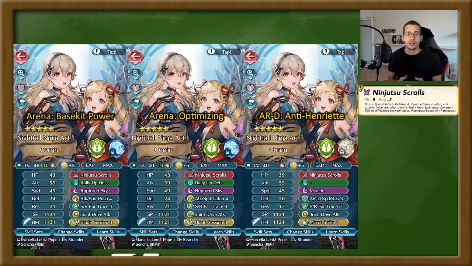Now, as a final kicker here for AR defense, if you feel like Henriette is giving you a lot of trouble, then you can actually opt for a miracle build with ARD speed res. If you choose to do this, Corrin will 100% survive Henriette. And the reason for that is because as long as she's surviving the first hit, which usually isn't special based,